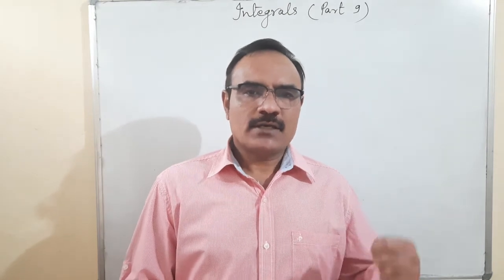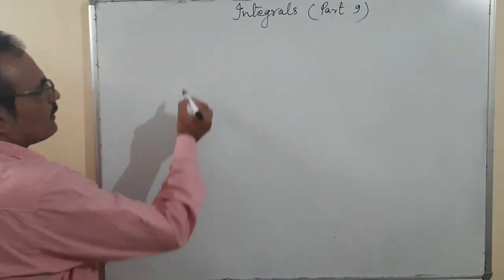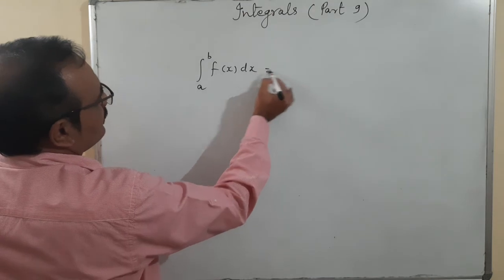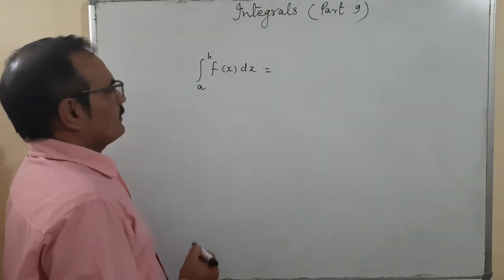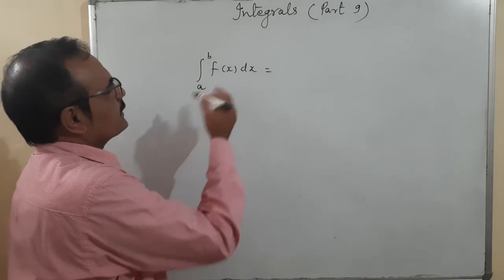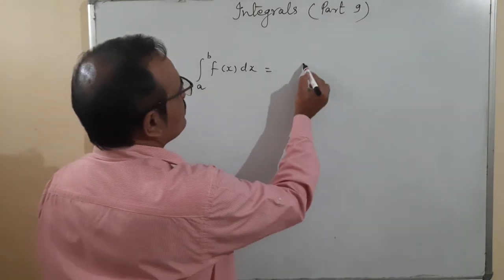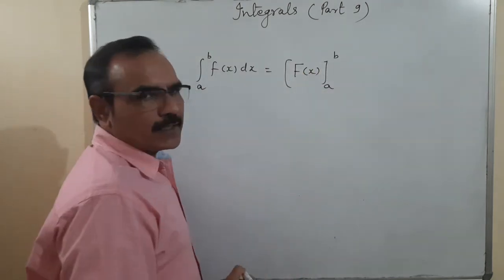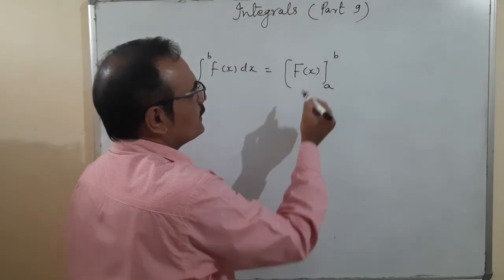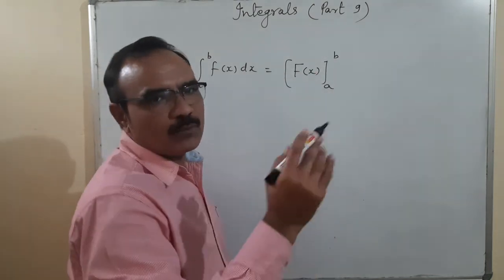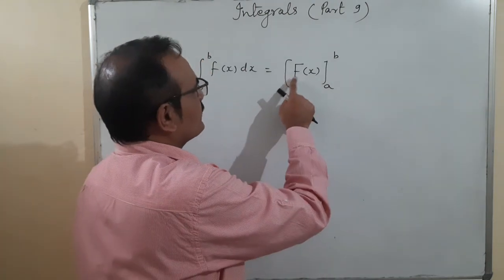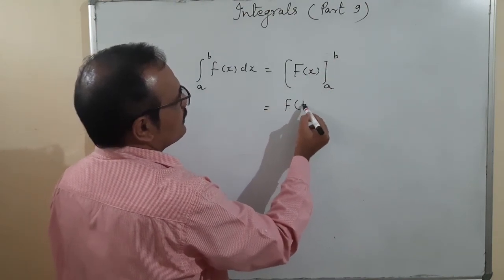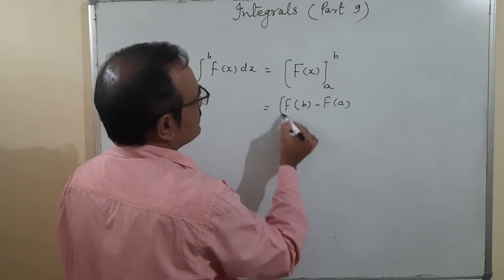As we have already discussed, but once again, let me tell you, suppose this is the integral from a to b of f of x dx. How to solve this type of question? The evaluation procedure: suppose the integration of this term is capital F of x, with limits a to b. Here the constant is not required because I can write F of x plus c. So when we put upper limit minus lower limit, both constants will be cancelled. So directly I can write capital F of x, and now put the upper limit in place of x: F of b minus F of a. That is the answer.